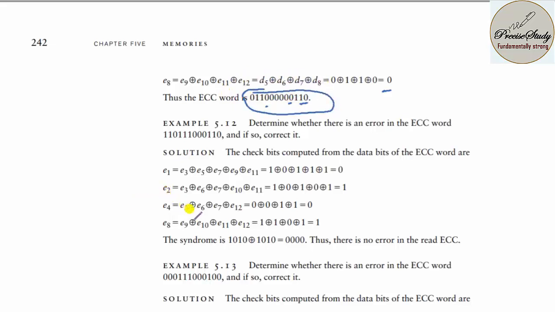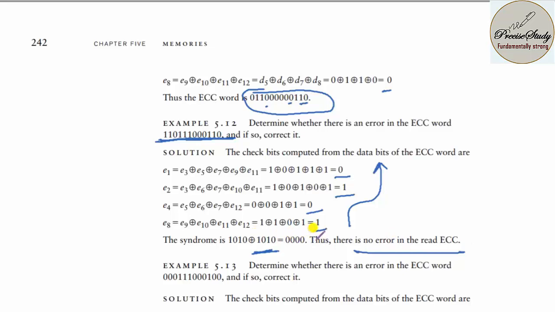Able to follow? They have given one example of an error correcting code. You tell whether the received data has any error or not. So E1 again I got 0, E2 is 1, E4 is 0, E8 is 1. So it is 1010. The syndrome, if I calculate it, they have given 1010. So 1010 XOR 1010 is 0000. That means there is no error.